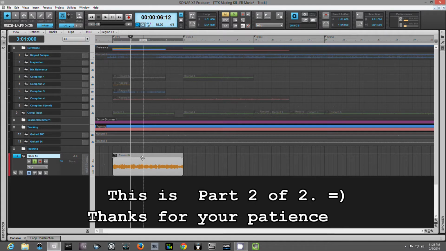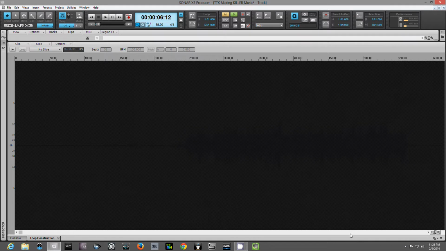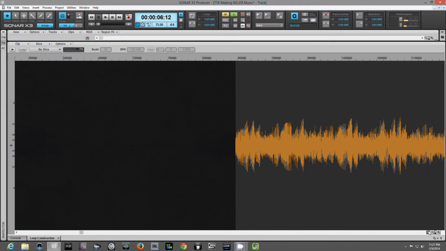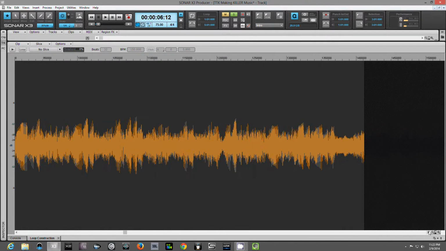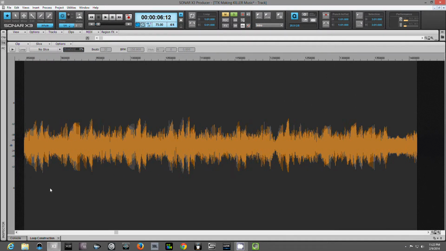I'm going to double click the riff itself and bring it into the loop editor or the loop construction view. You'll notice everything is black, except for this one little part that's got the color of the track. This is actually his riff. So if we listen to it,